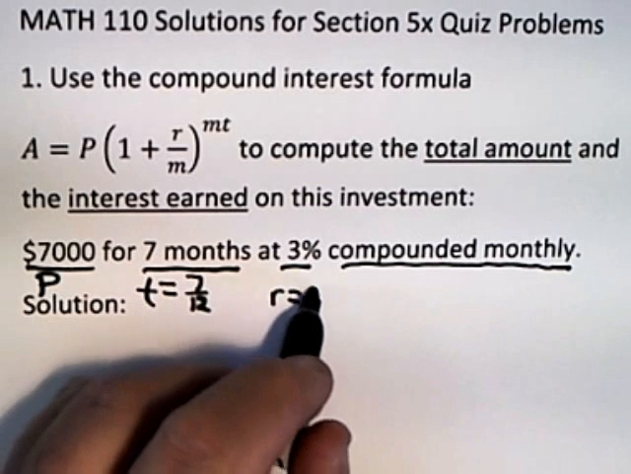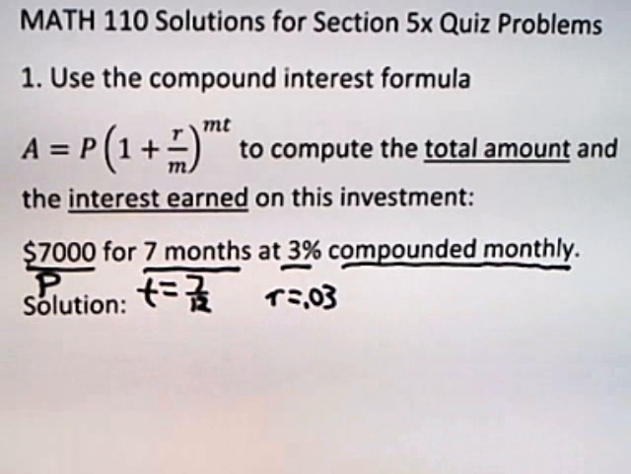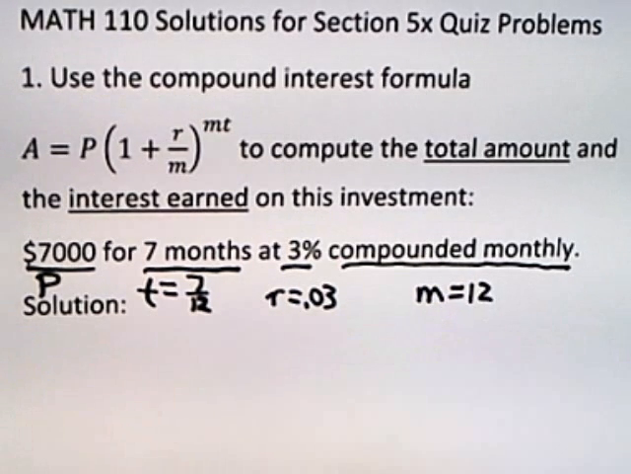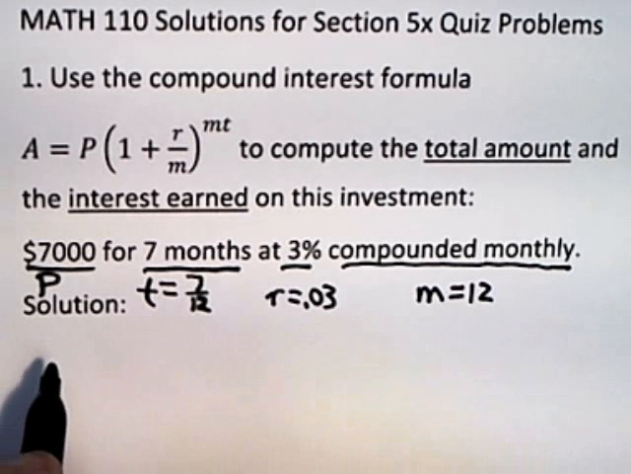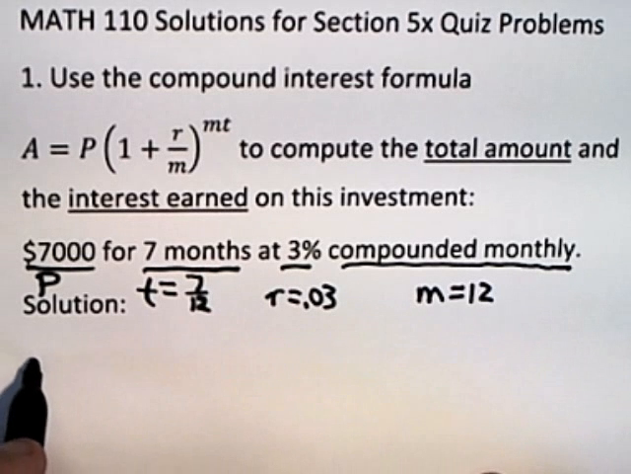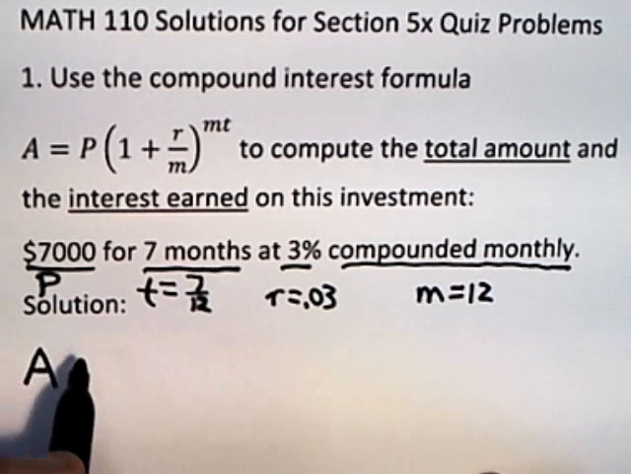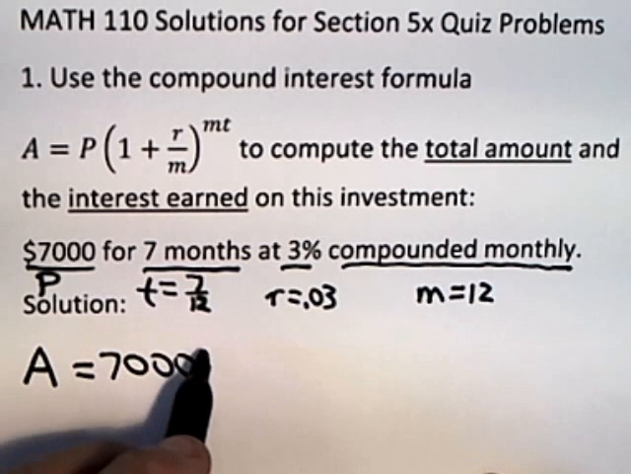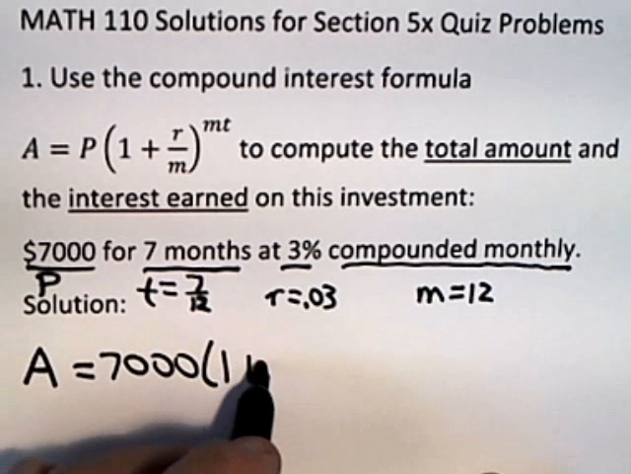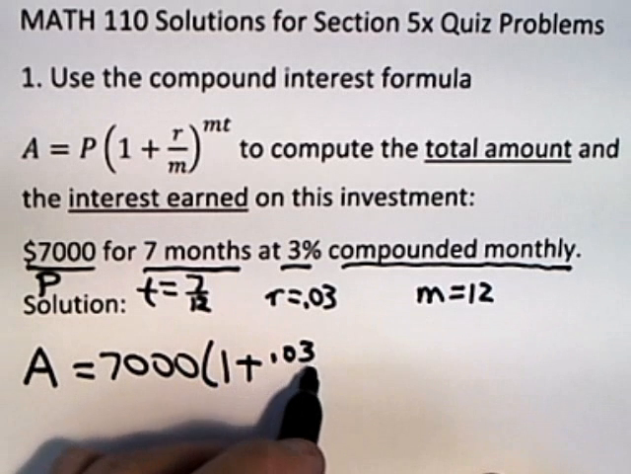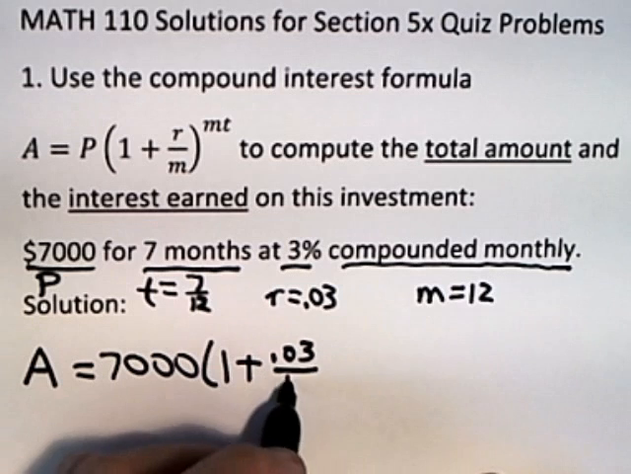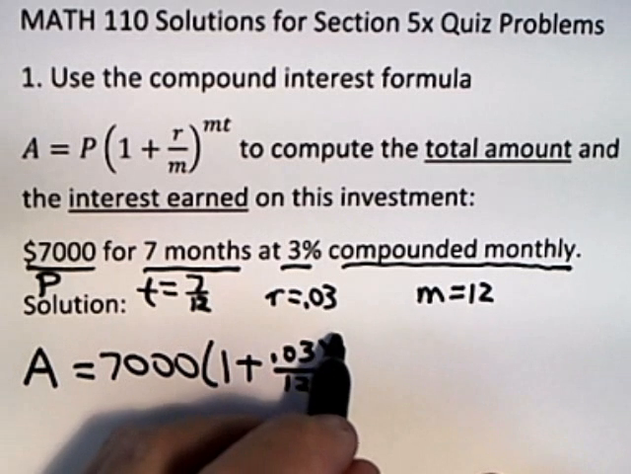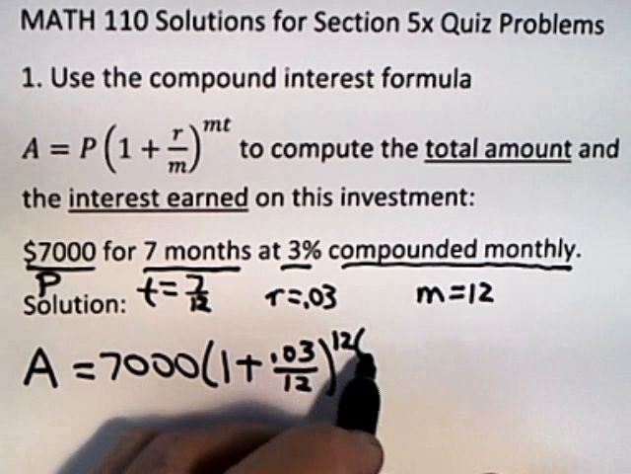3% is 0.03, so that's R, little r. And compounded monthly means M is equal to 12. So to calculate the amount of interest, the total amount in the account, which is the future value or compound amount, your calculation would be 7,000 times the quantity, 1 plus 0.03 divided by 12 raised to the power of M, which is 12, times T, which is